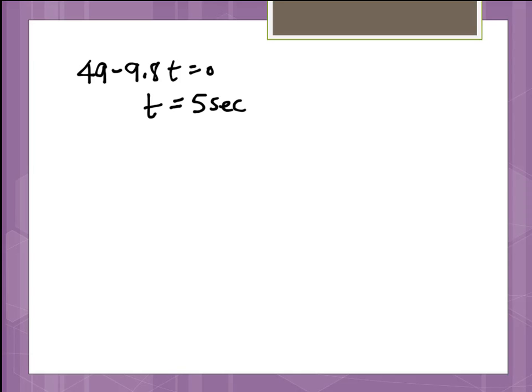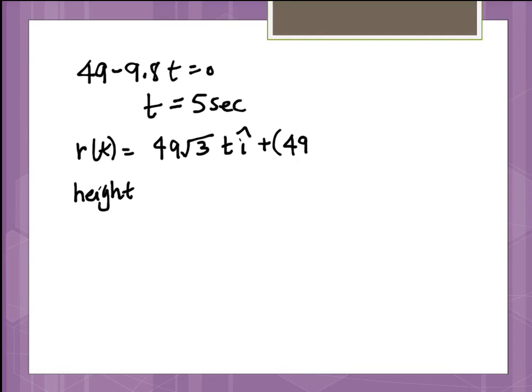So what am I going to do to find the maximum height? Yeah, plug it into what? The position function, which we haven't actually written out yet, right? So let's write our position function out, and then we'll be able to plug that in. So let me move my height statement down just a little bit here, and let's do position function. All right, so our position function, r of t, is the 49 square root 3 t, and then it's i hat, and then the 49t minus 4.9 t squared